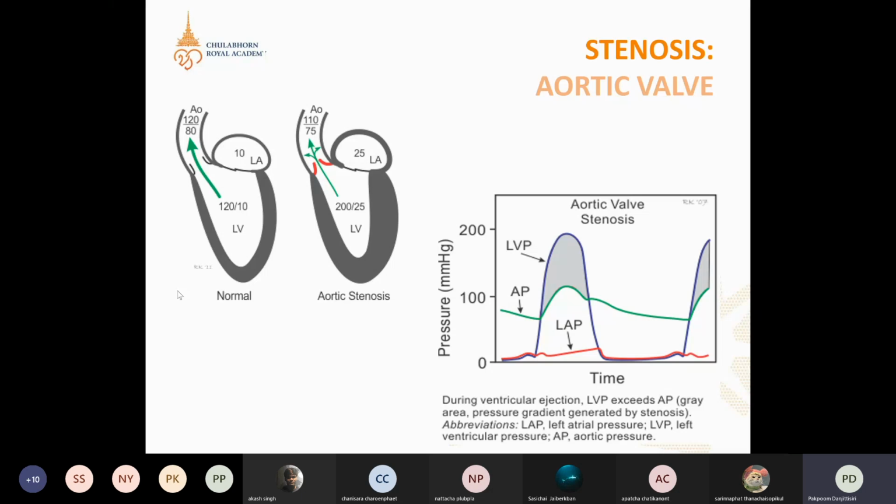So you will see that the left ventricle has a very high systolic pressure, about 200, but in the aorta, because the volume is reduced by the obstruction of the aortic valve stenosis, the pressure in the aorta will drop a bit due to the lesser volume, okay? And after that,